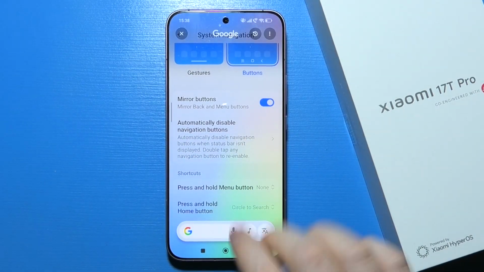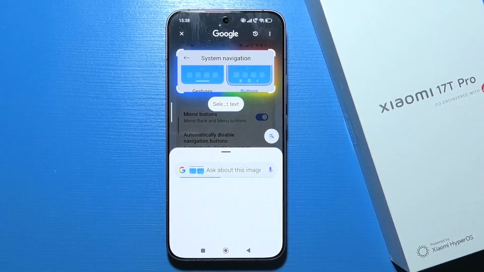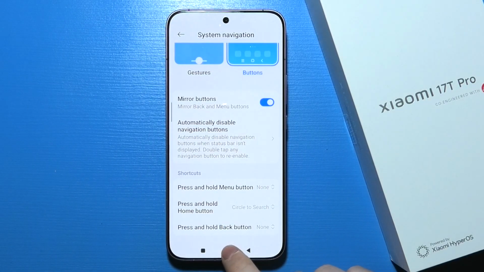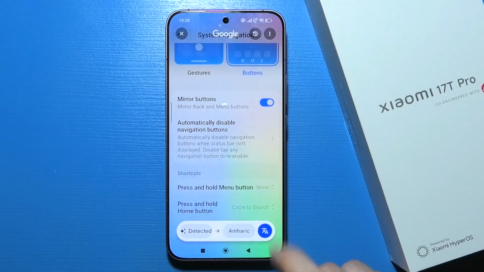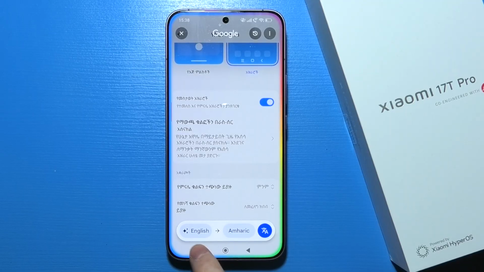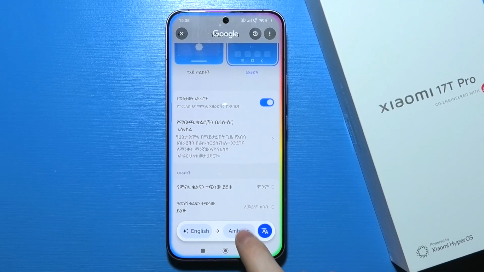Alternatively, we can also click on images. That way it will take a screenshot of that image and perform also Google search with it. Then there's option to translate entire page. So if you click on this button, it allows you to translate from one language into another that you can